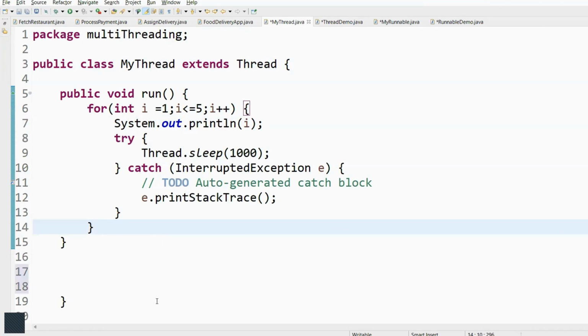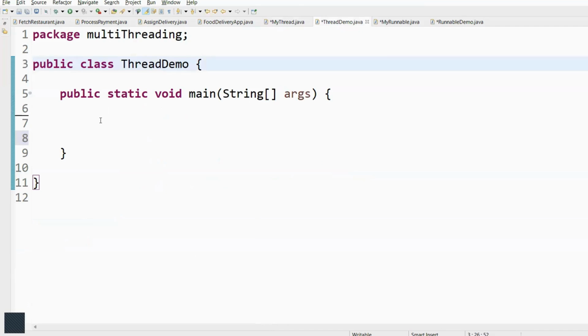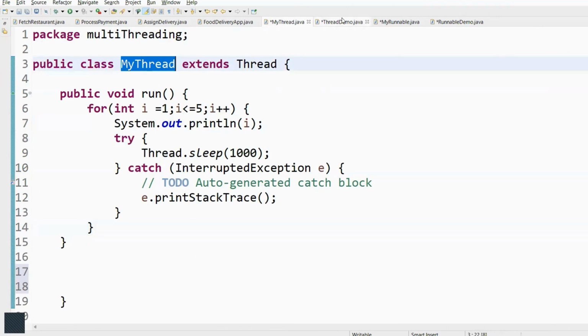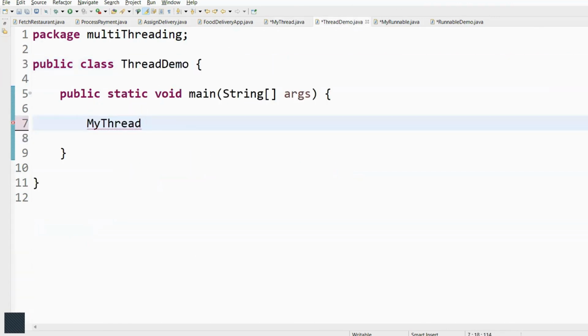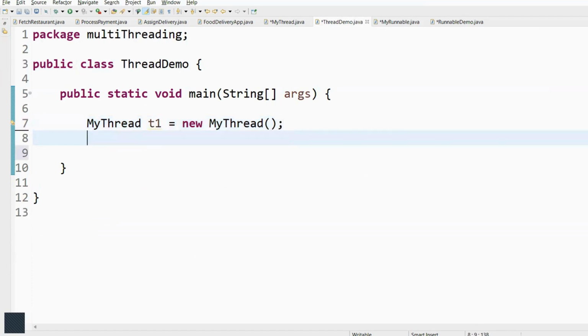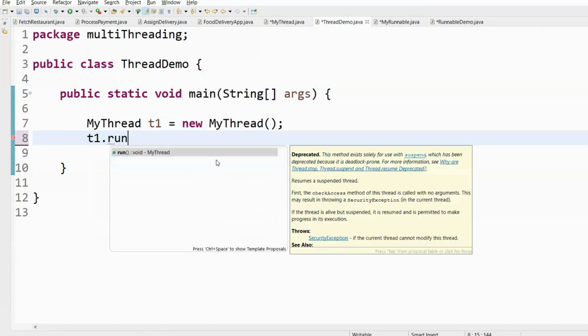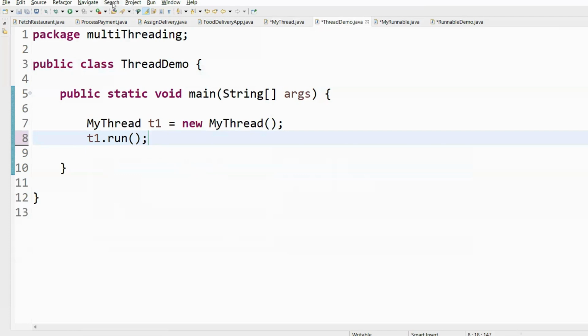In Java, when you want to call a method, you usually create an object of the class and, using the reference, call the method. The same way, I'll show you, we can call it the traditional way. To call this method, we need to create an instance of this class. I'll create an instance of the class MyThread: give any variable name, equal to new keyword, and the class name MyThread. Now I can say t1.run. That's what we need to call. So if I run this,